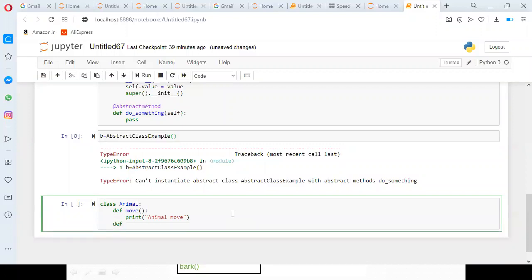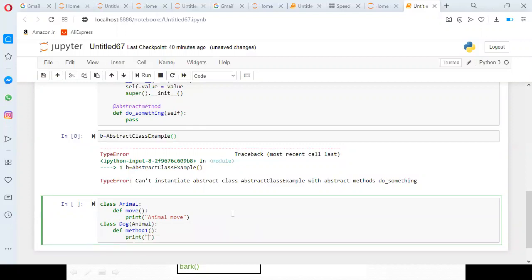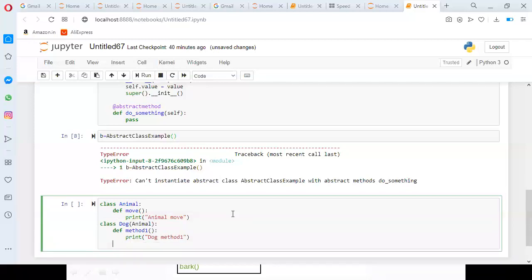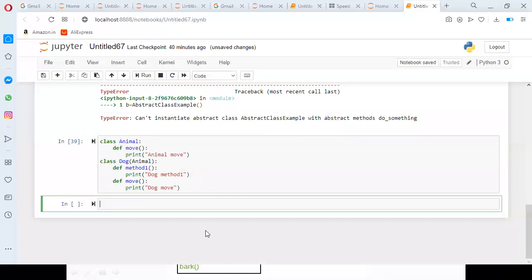Then I'm going to define dog of animal. So def some method one, which prints dog method one, and I'm going to define another method, move, which prints dog move. So I'm executing. Two classes are executed.